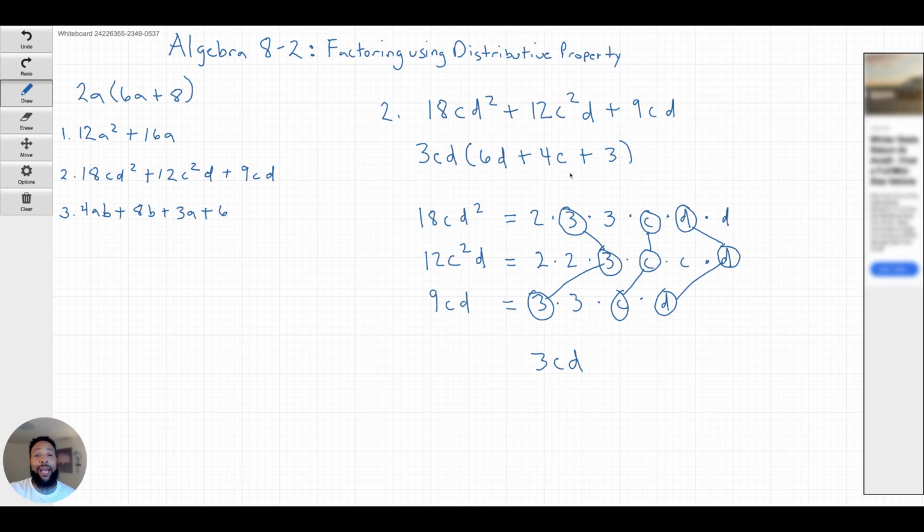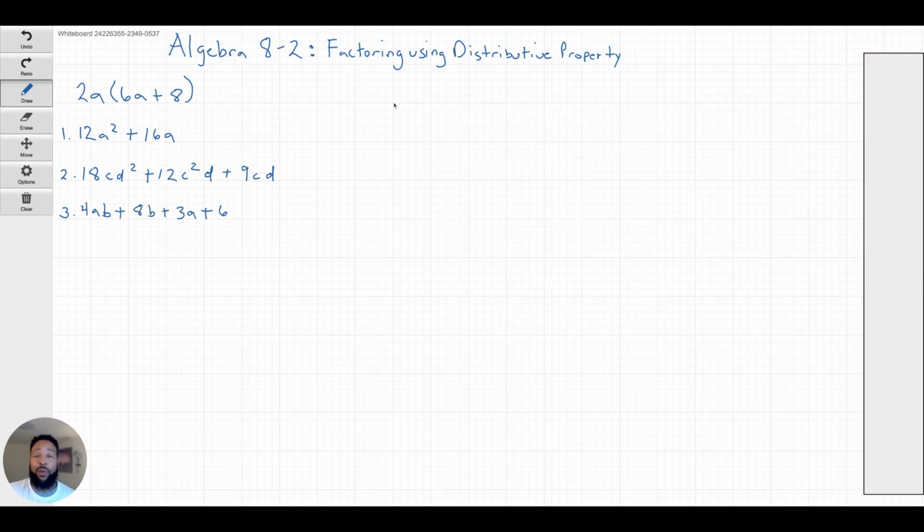Okay, I'm going to go back to number 1 and do it the same way so that you can get a visual understanding of it. So let's do that. Okay, so we're going to go back to number 1, which is 12a squared plus 16a. And I'm going to visually show you how we can pull out that greatest common factor. So we're looking at 12a squared, and we're looking at 16a. When we pull out the greatest common factors, we have